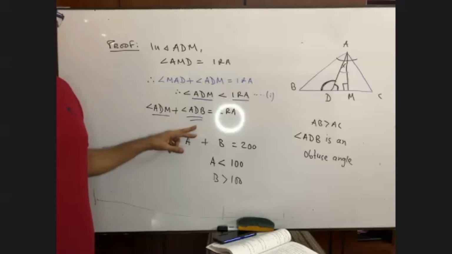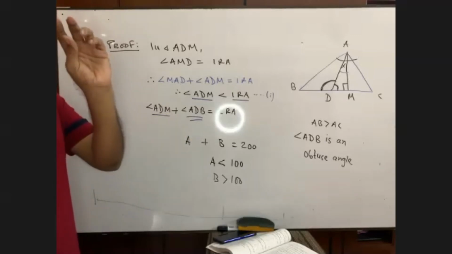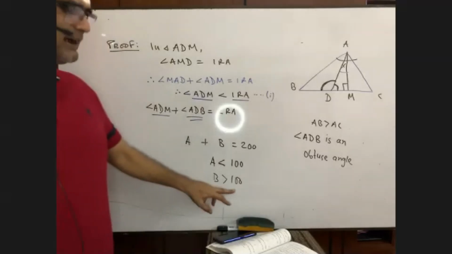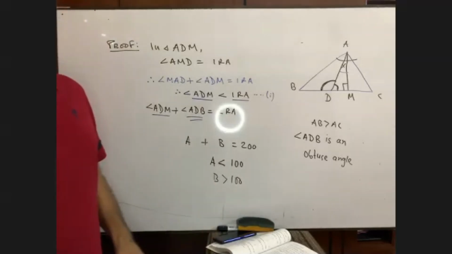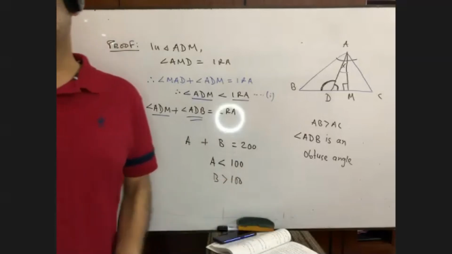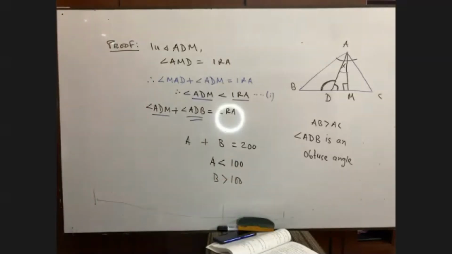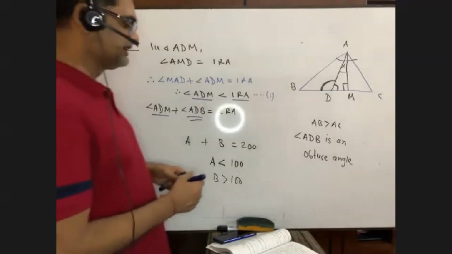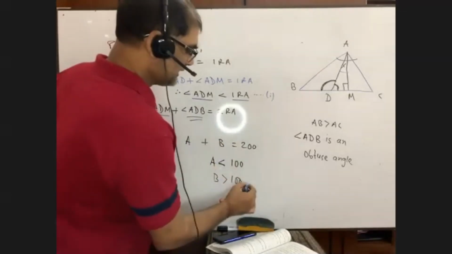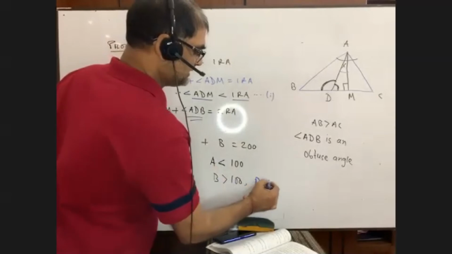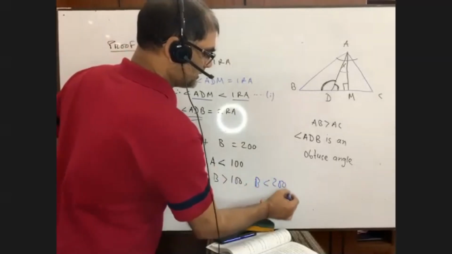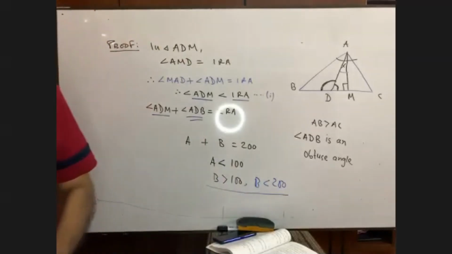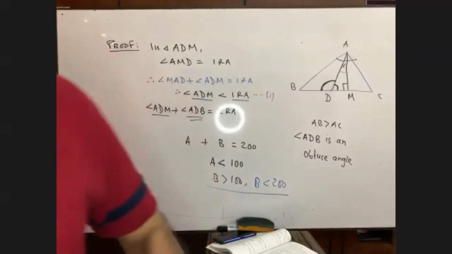But one thing I have not mentioned, or you have not demanded. B is greater than 100, but there is a limit. Greater than 100 means it may be 1 lakh, 1 crore. But B is not greater than that. So what is its limit? B is greater than 100, but B is less than 200. Am I right? Yes, sir. You're right. B is greater than 100 as well as B is less than 200.